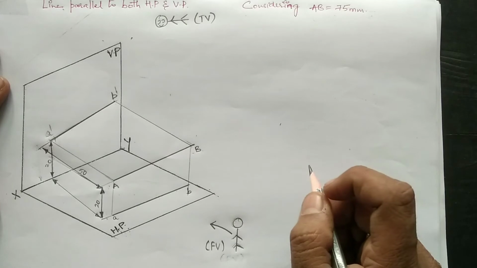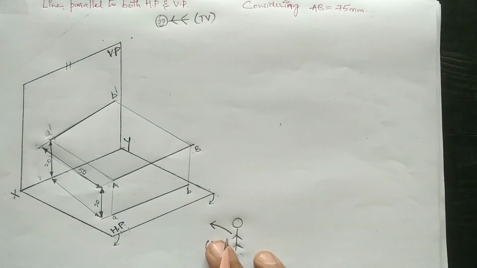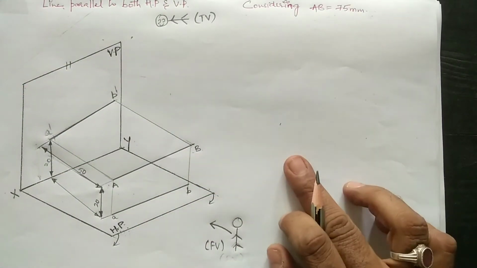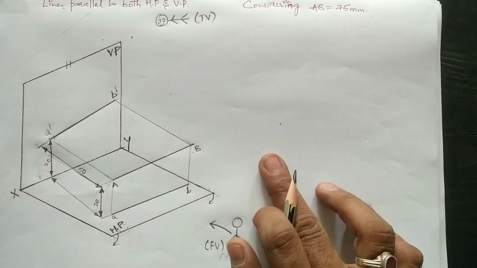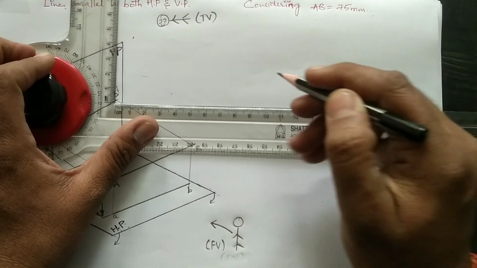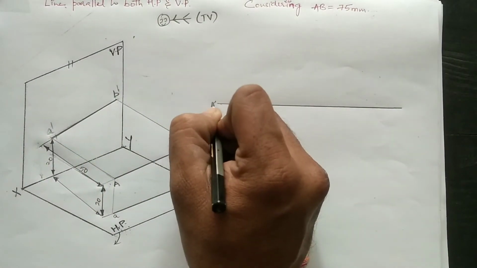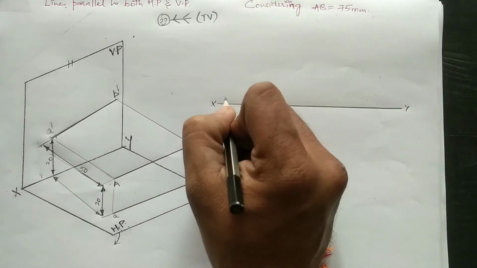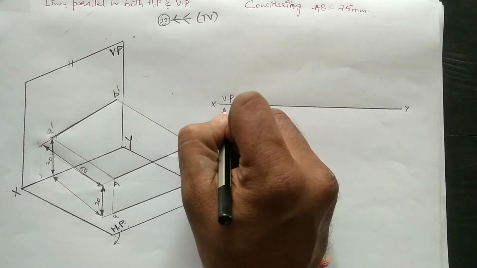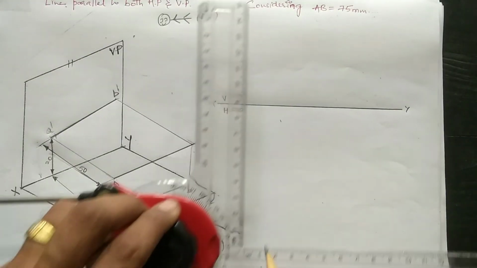According to the rules we follow, we rotate the horizontal plane through an angle of 90 degrees in the clockwise direction, keeping the vertical plane fixed. Now we go ahead with drawing the two-dimensional projection. Draw the XY line, the reference line. In the first quadrant, above the XY line will be the vertical plane, and below it will be the horizontal plane.